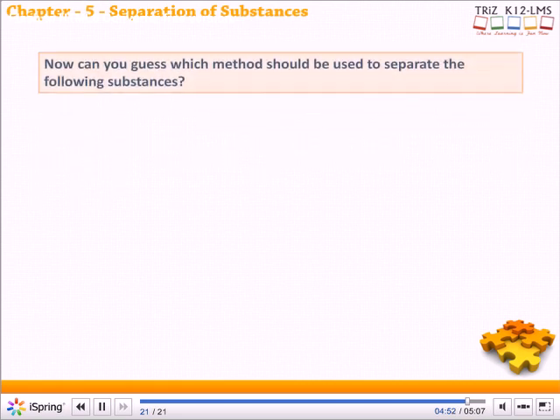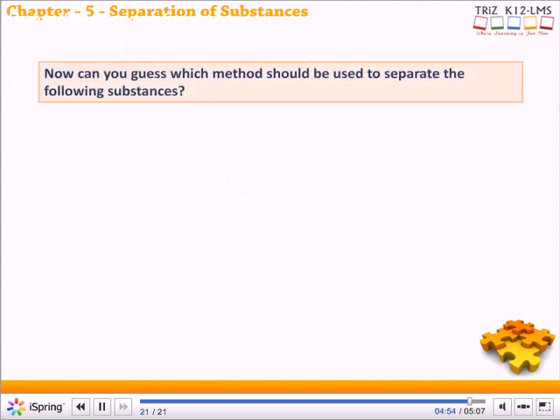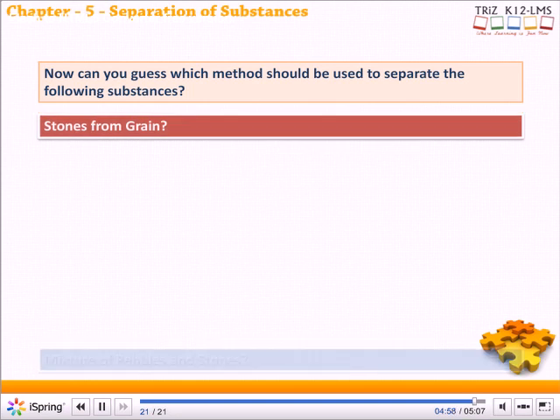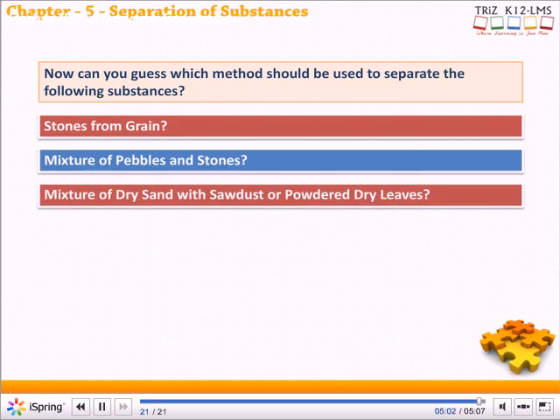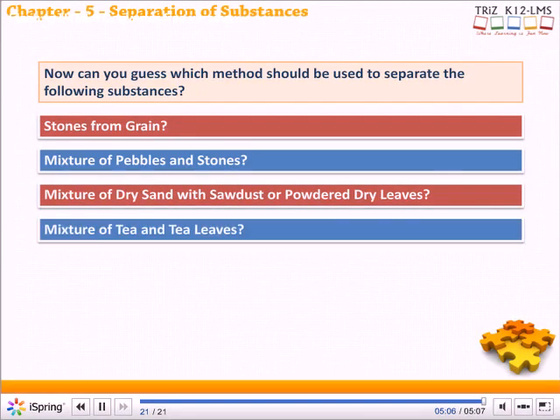Now, can you guess which method should be used to separate the following substances? Stones from grain, mixture of pebbles and stones, mixture of dry sand with sawdust, or powdered dry leaves, mixture of tea and tea leaves,